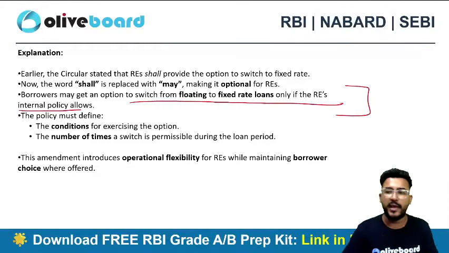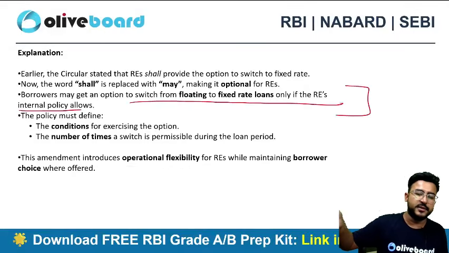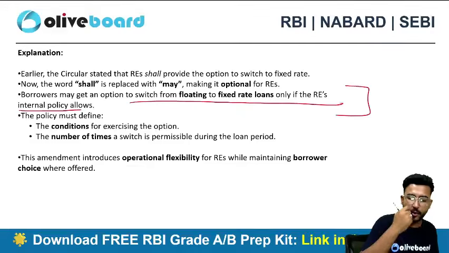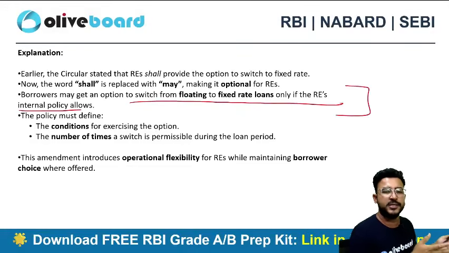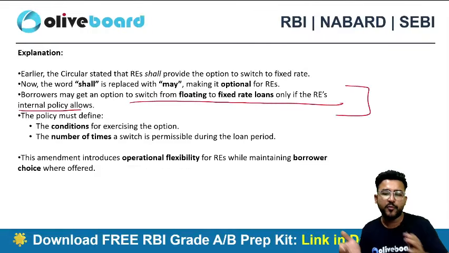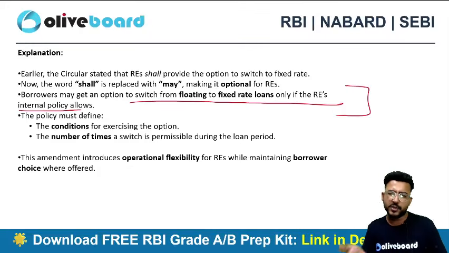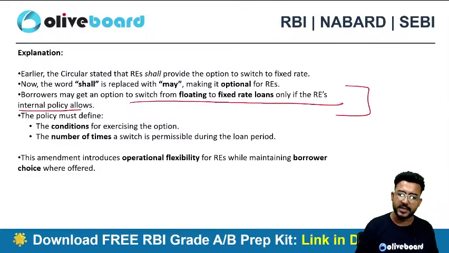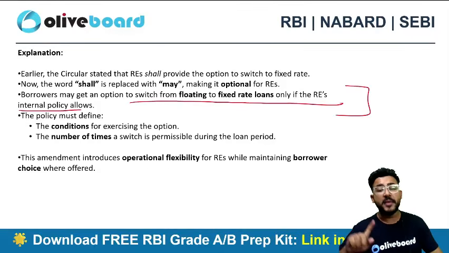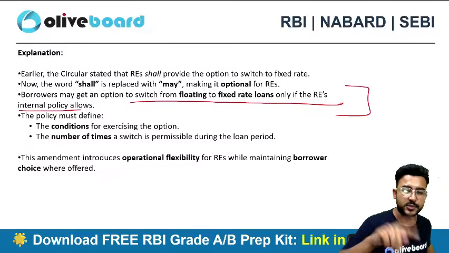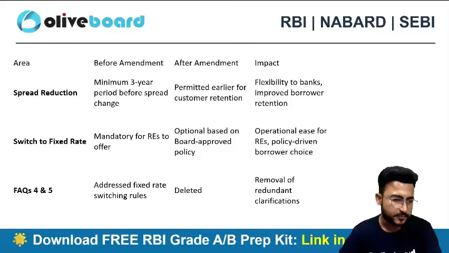Now the RE is going to allow me only if there is an internal policy that if there is a change in the rate, then we can give an option to the customer that, if you are not fine with the variable interest rate, we can give you a fixed interest rate loan. We can convert your loan into fixed interest rather than just the floating one, because maybe the interest rate is increasing, maybe the interest rate is decreasing. So as per the RE's internal policy, now the RE may give you an option. It's not compulsion. Earlier it was a compulsion. Now RE may give you an option, right? So that's what the change is basically here.